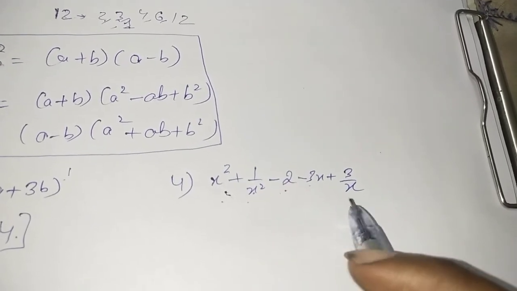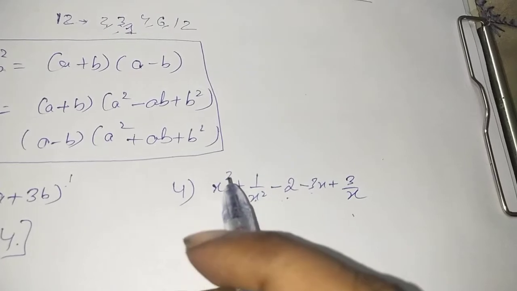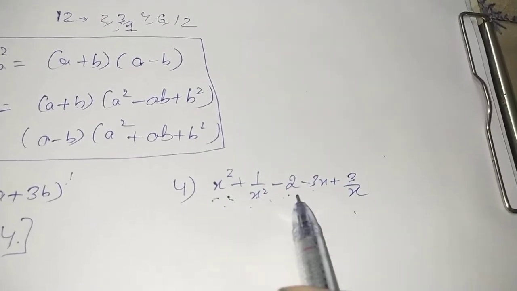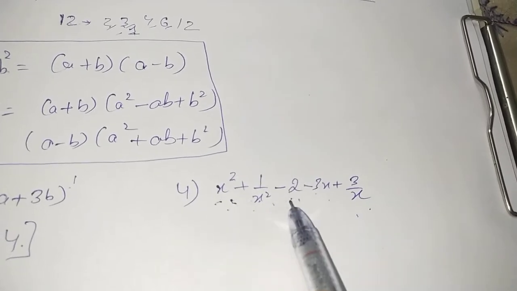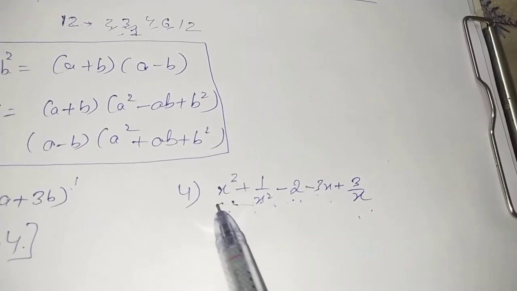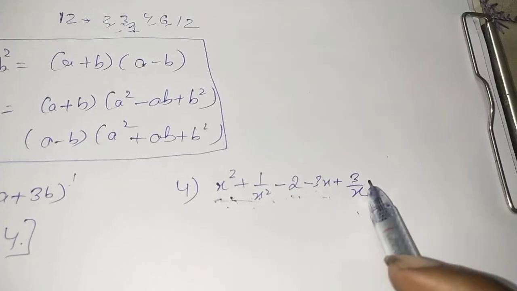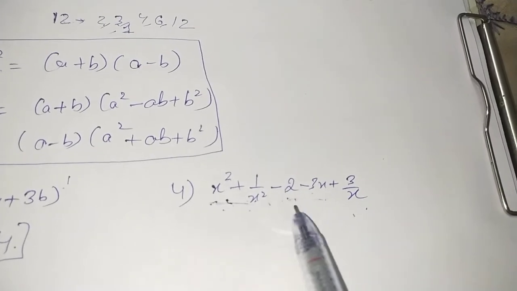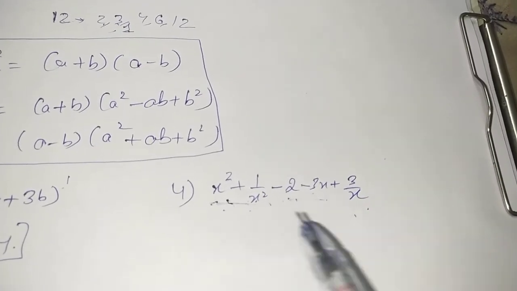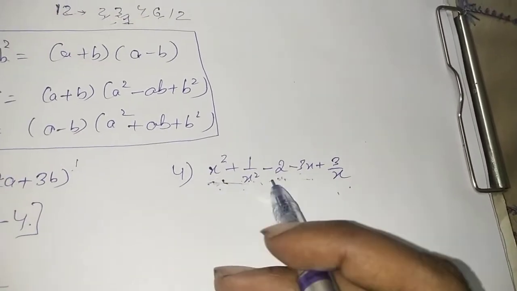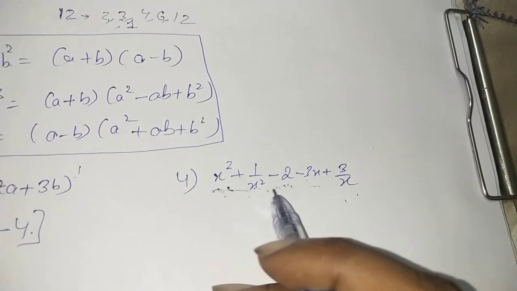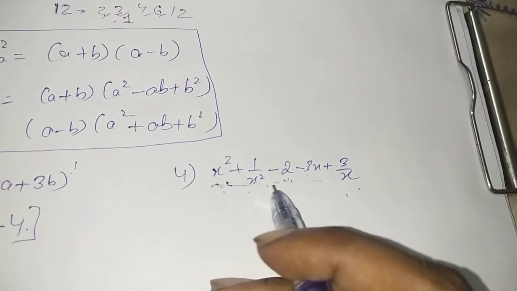Always remember, whenever we are factorizing, either a thing could be common in all the terms, and if not, then we have to take an even number of terms. It might be like 2 terms, then 2 terms, so 1 cannot be left. So you have to look into it properly. If you look into this, this and this, what is this thing? This is simply the expansion of x minus 1 upon x.